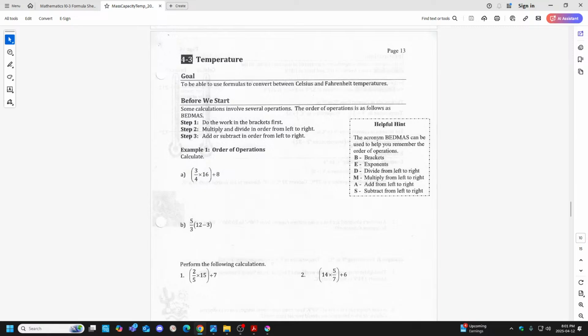Thermodynamics 101 stuff. Okay, measurements. Temperature is measured using various scales like Fahrenheit, Celsius, and Kelvin. Kelvin is used. The numbers are quite different, but for the most part, the most common ones are Fahrenheit and Celsius. Now, if I go Celsius to Kelvin, for example, I'll even do one for Fahrenheit.